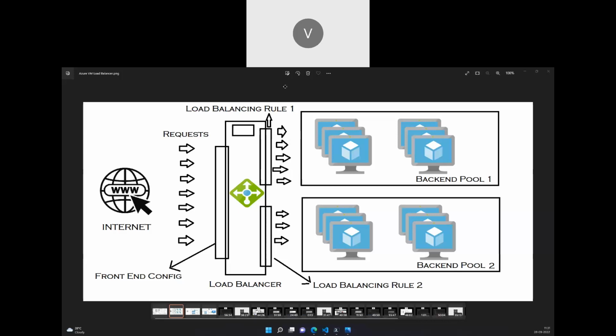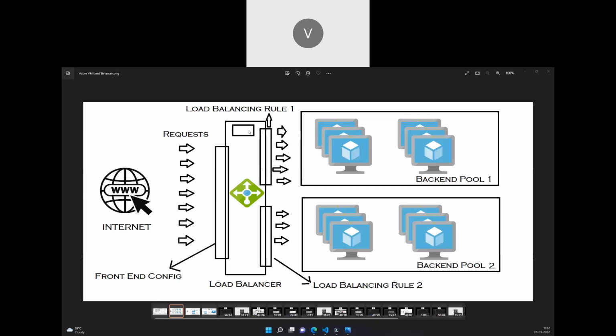Hi everyone. Let's try to create a load balancing solution. The load balancing solution provided by Azure is Azure Load Balancer. We have three more load balancing solutions, which are Application Gateway, Traffic Manager and CDN profiles. But this video specifically covers how we use a load balancing solution, which is nothing but the